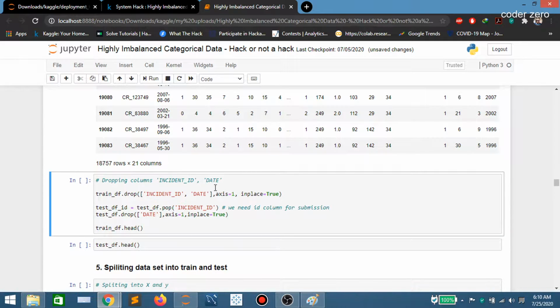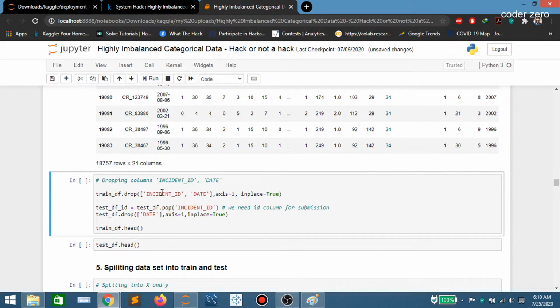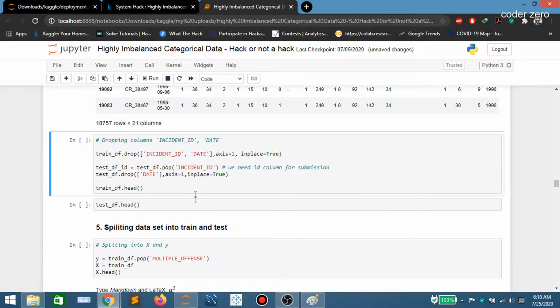Now we don't need the date column and incident ID in train data, because they do not add any new value to our progress. So here we are removing these two. We are using the pop command because we need this incident ID to create a submission file. Now we are dropping date from the test file.